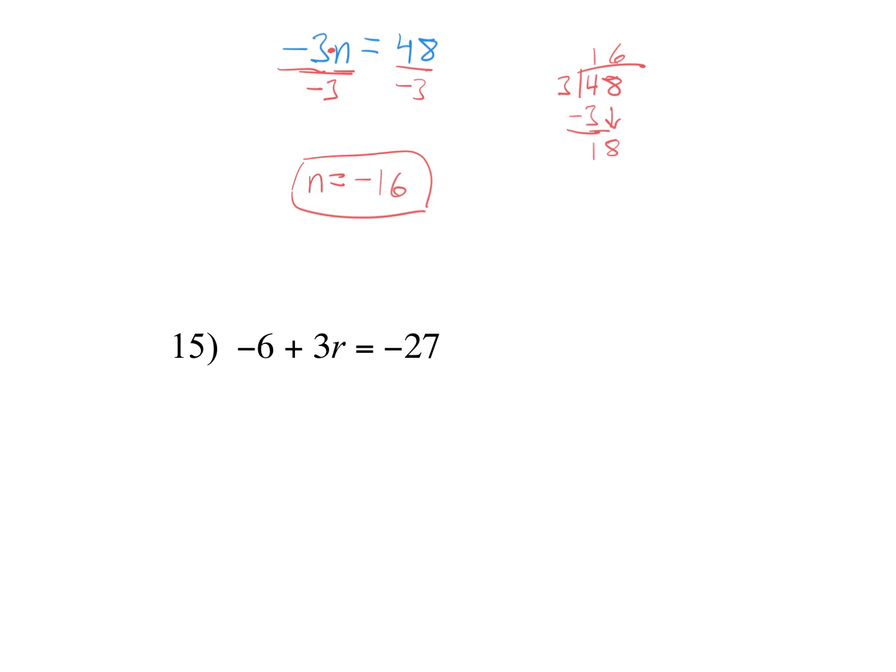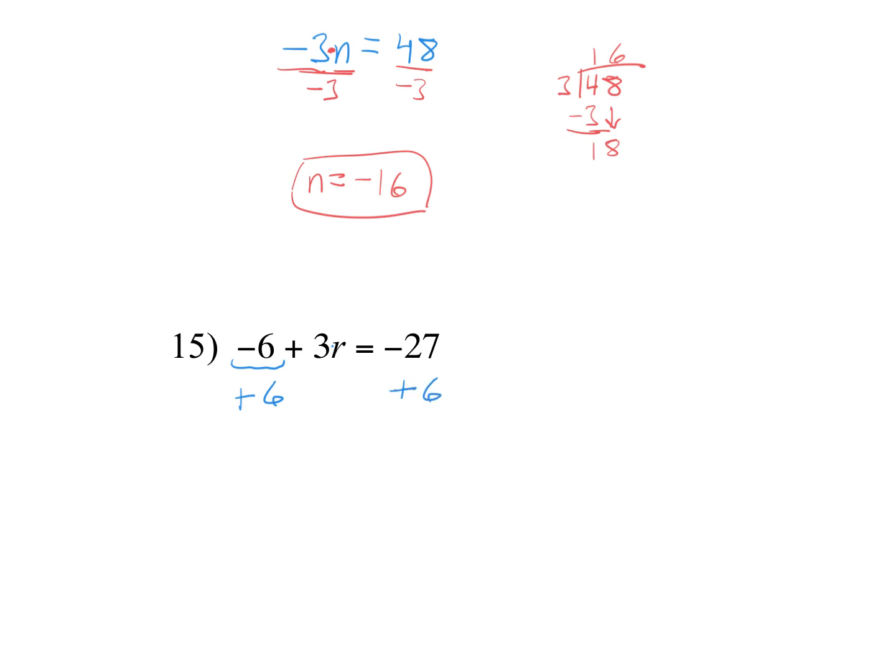Let's keep going here. Again, PEMDAS backwards. Any addition and subtraction? We should see this negative 6 is being added to the 3r. Remember, this 3 is being multiplied by the r, so we can't do anything about that yet. We have to take care of this negative 6 first. This negative 6 doesn't have a variable, so we want to get rid of that first. And then the opposite of a negative 6 is a positive 6, so we want to add 6 on both